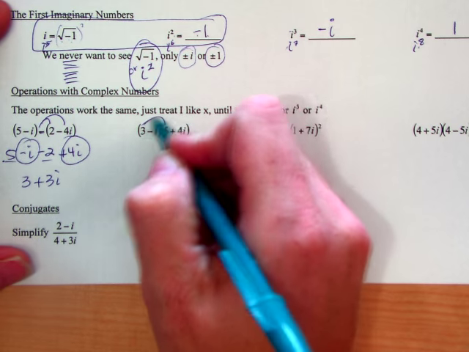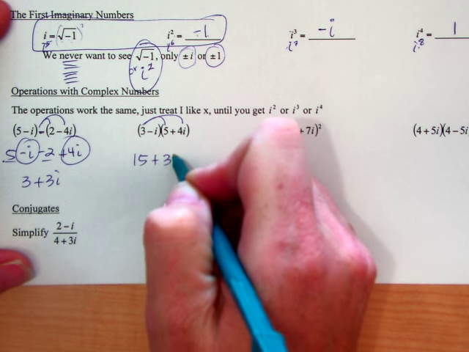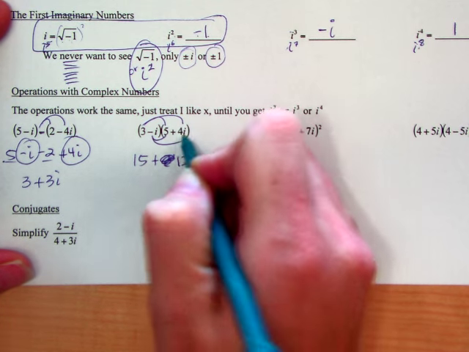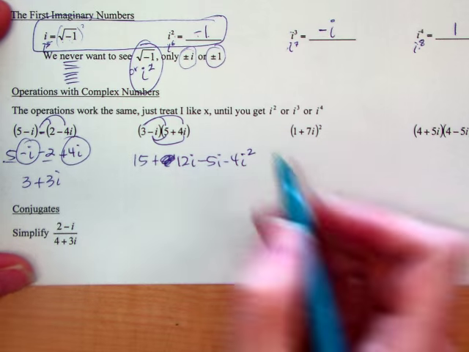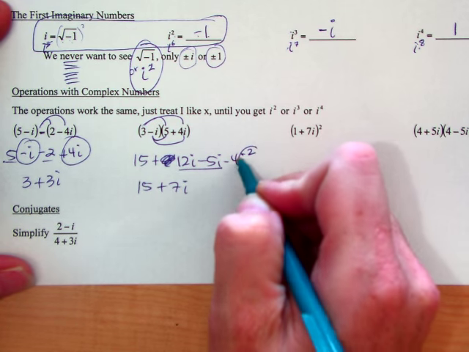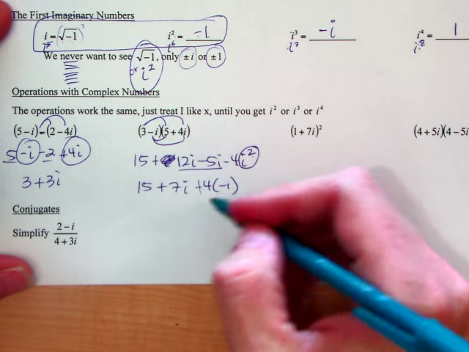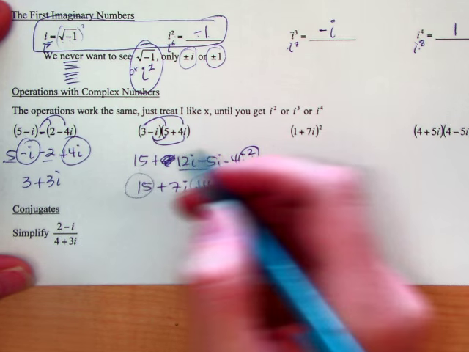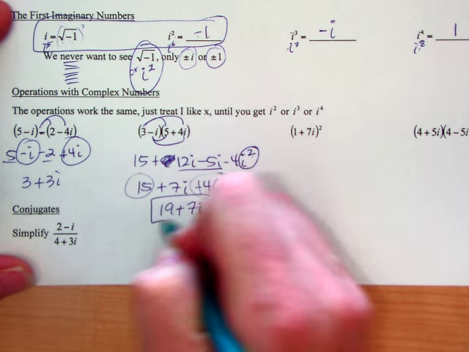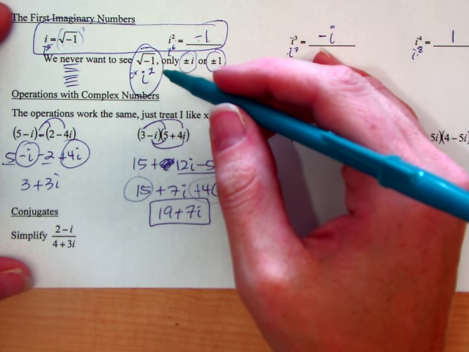The only thing that becomes special is when you're doing a problem like this and you start to multiply. 3 times 4 is 12i, minus 5i, and then minus 4i squared. So you can put together these two guys and make 7i. And then this i squared turns into a -1. So you have 4 times -1. So you click that, and these two guys end up together. So 15 plus 4 is 19 plus 7i, that's your final. You do not want to see,